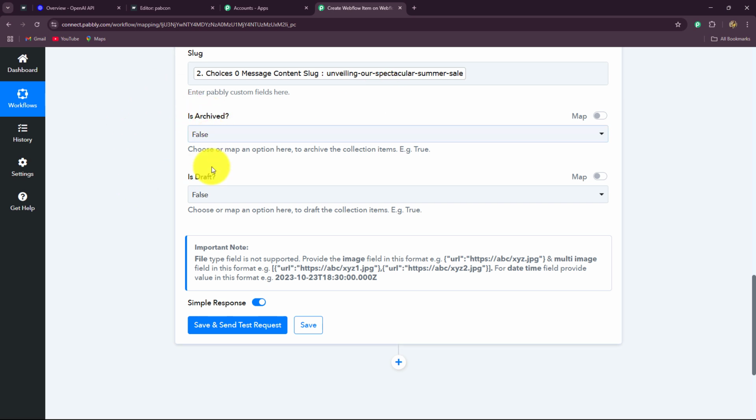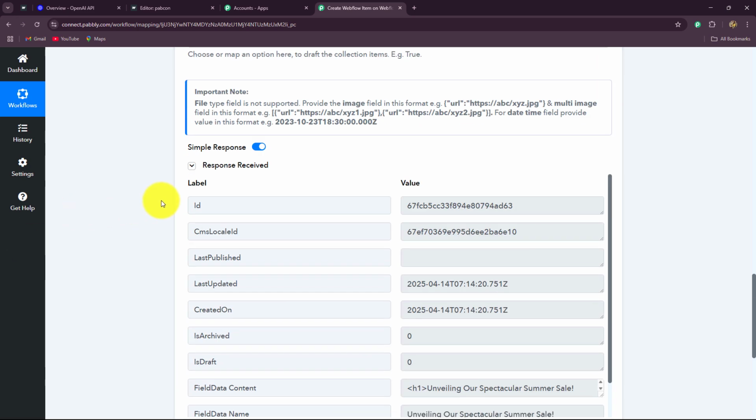It is asking us is archived or is draft. So here we have currently selected false. Now let's click on the save and send test request button. As we have done that, the response is captured and it is providing us with the ID. Now, as we have received this ID, on the basis of this ID, we are going to publish the post